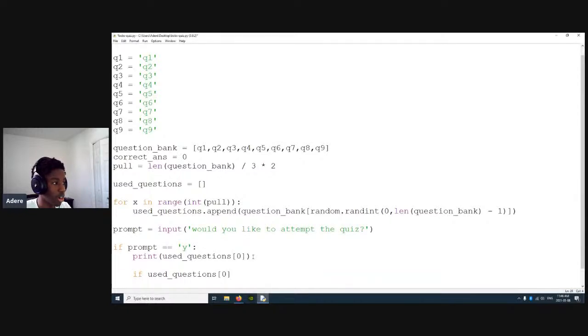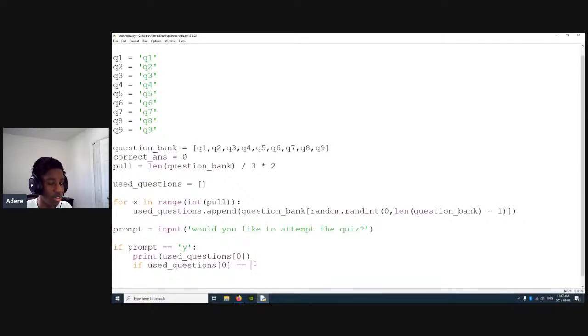So for, you see question 4. Let's make it, actually, I guess we don't even need to do that. We can leave it to just prints out. So actually, let me see. How do I want to do this? This is complicated now. If used questions 0